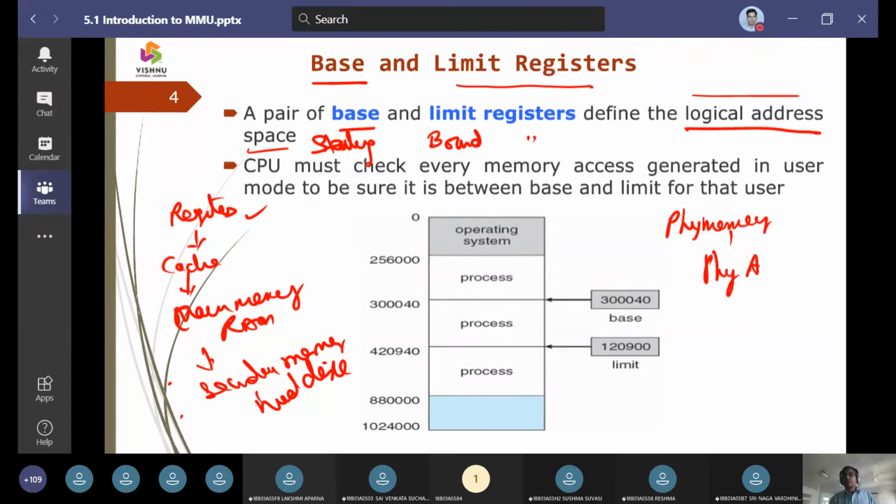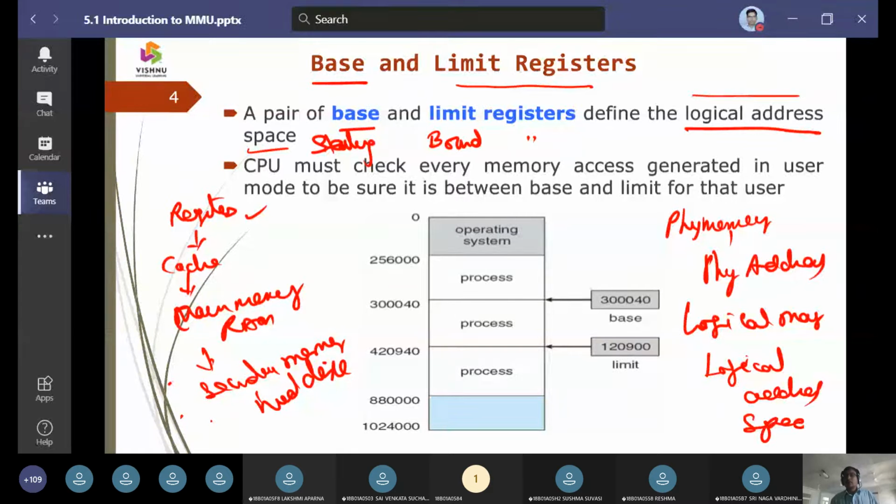But now we are coining another word, logical memory, and logical memory is spread over a space we call the logical address space. The other name for this logical address space is the virtual address space.